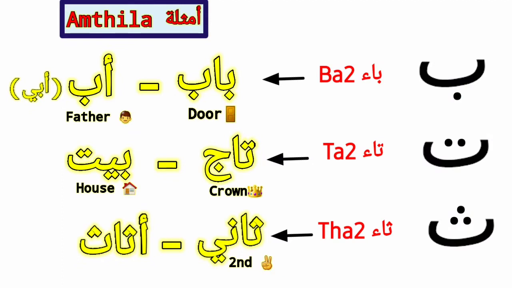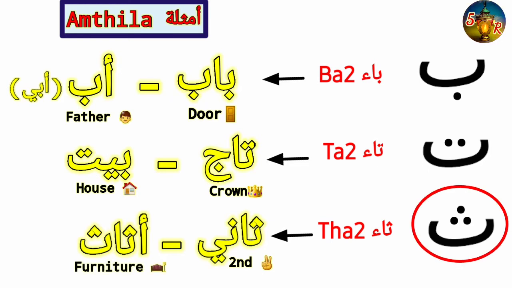Khalas, you know how to make that, right? So back to the word. أثاث means furniture. Now I want to tell you a very important note about this letter ثاء. Since this channel is mostly about Masri, you have to know that in Masri, ثاء is not pronounced with the